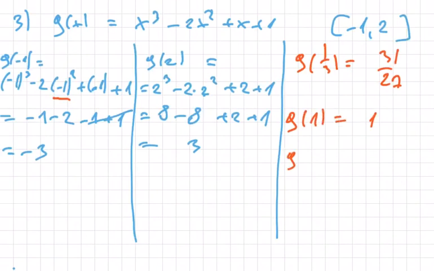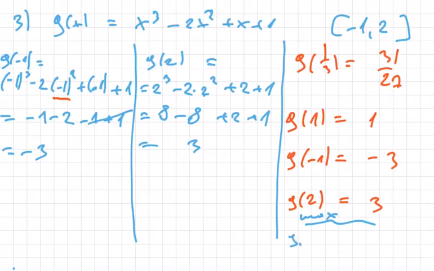Then we have g of negative 1 is equal to negative 3, and then g of 2 is equal to 3. As you see, the biggest value is this. It will be g maximum, means g maximum is equal to 3, and the minimum, you see, is negative 3, so g minimum will be negative